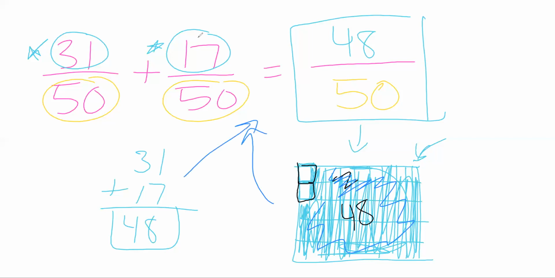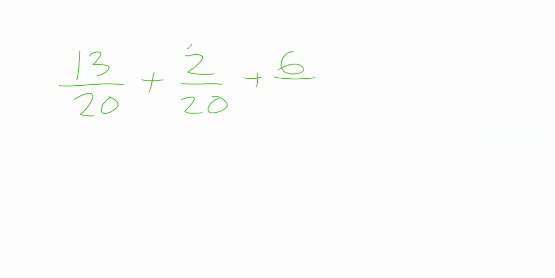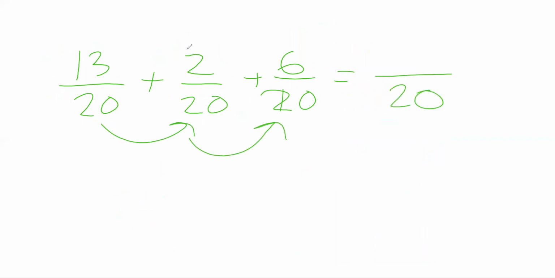But again, here we go. Let's just do one more practicing with the algorithm. Let's have faith in the algorithm. What if we had 13 20ths and we were adding that to 2 20ths, and then we had to add that to 6 20ths? Okay, well, again, the algorithm states that if my denominators are the same, the size of my pieces will not change. So we're going to put all that over